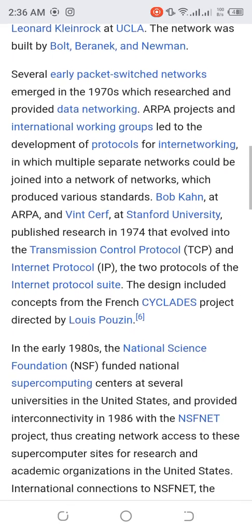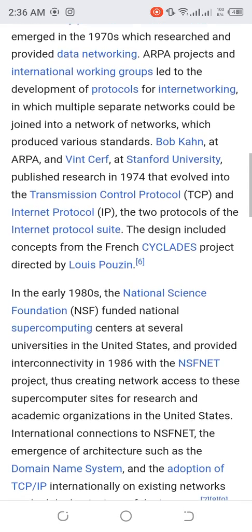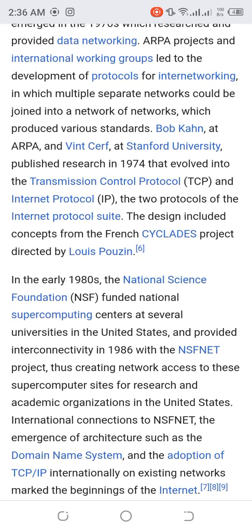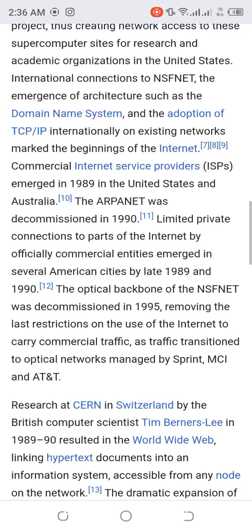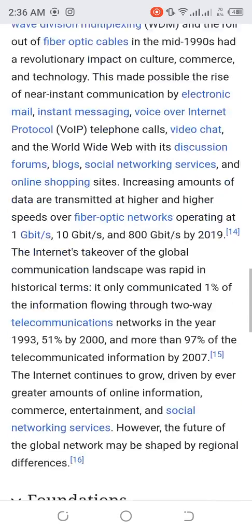Several early packet switching networks emerged in the 1970s, which researchers used to provide data networking, such as SITA or